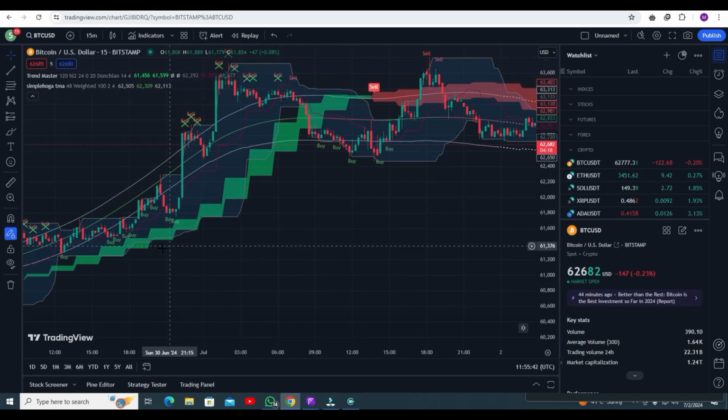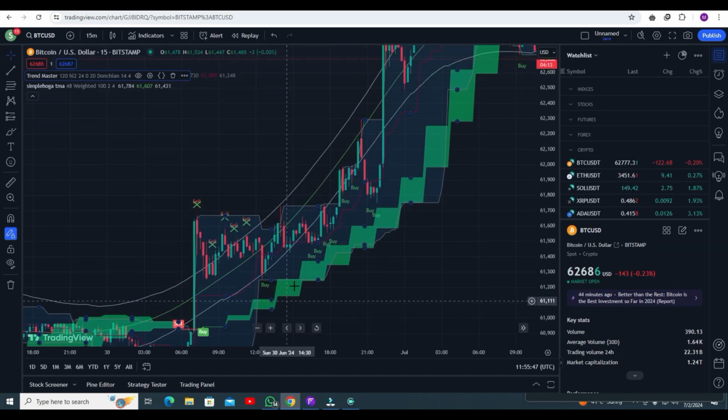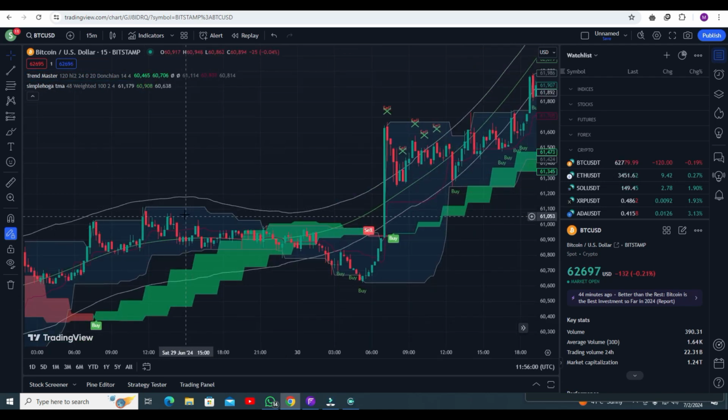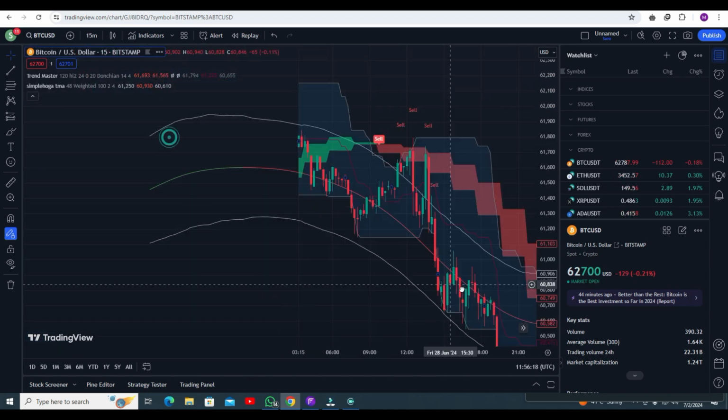When the trend lines are green, you have to go for the buy trade, and this is called a trend master. It's a trend master indicator. These indicators are not available in TradingView, so just watch the complete video and learn how you can get an exact entry by using only these two indicators. If you are using these two indicators, then you will never get a loss in any trade. Just follow my rules, and you will definitely get awesome profit all the time.